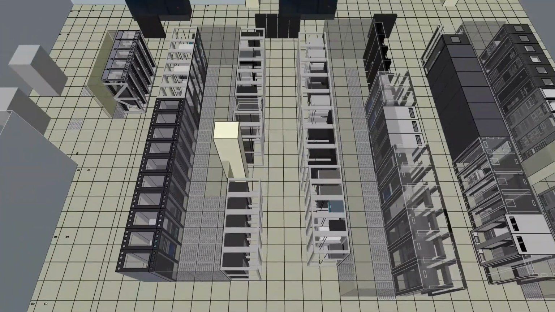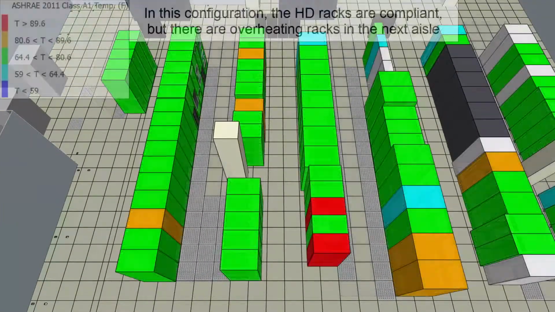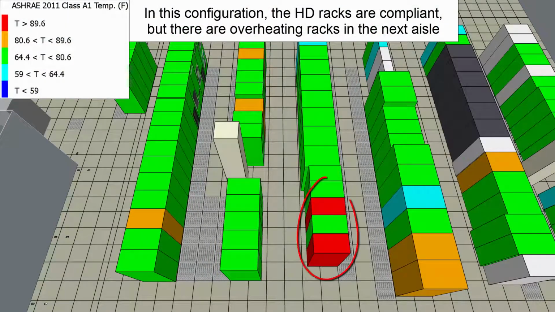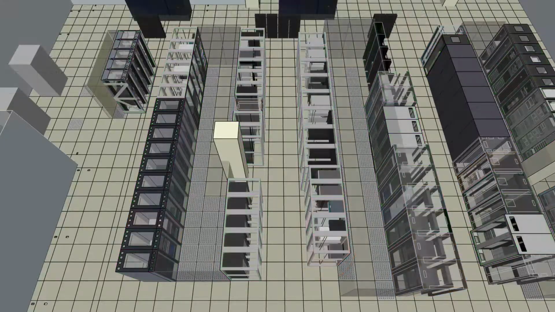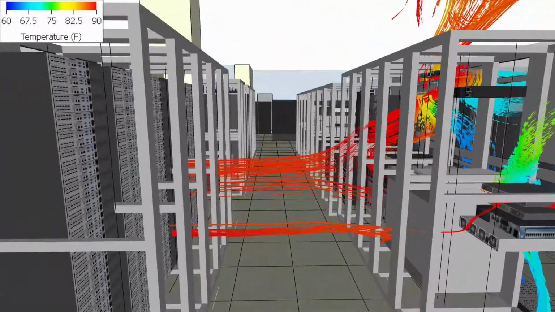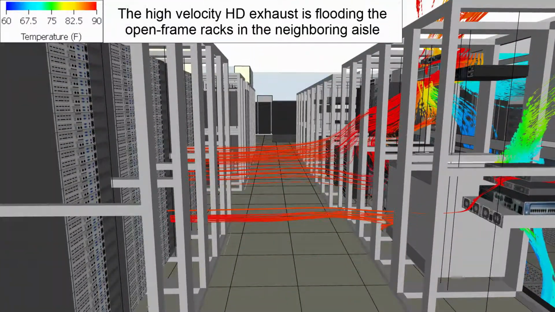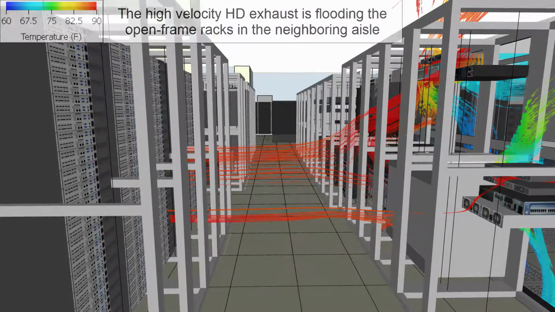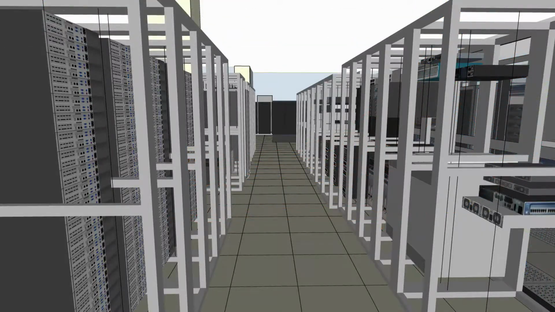Checking cabinet inlet temperatures for ASHRAE compliance, the HD racks appear to be within recommended guidelines, but cabinets in the aisle over are overheating. Animating the inlet airflow to overheating equipment shows the source of the problem. The high volume and high velocity exhaust from the HD cabinets is flooding the racks in the neighboring aisle. So although there is enough cooling in the room to support the high load deployment, there's an issue with managing